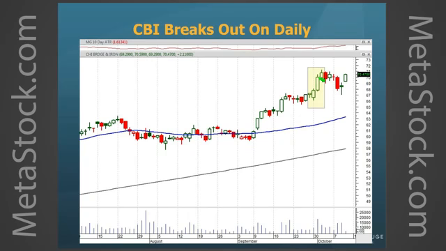So here's another example, and these are trades that we took. I took these trades out of our trading room. I didn't just pull up the charts and look for something that looked good. So CBI